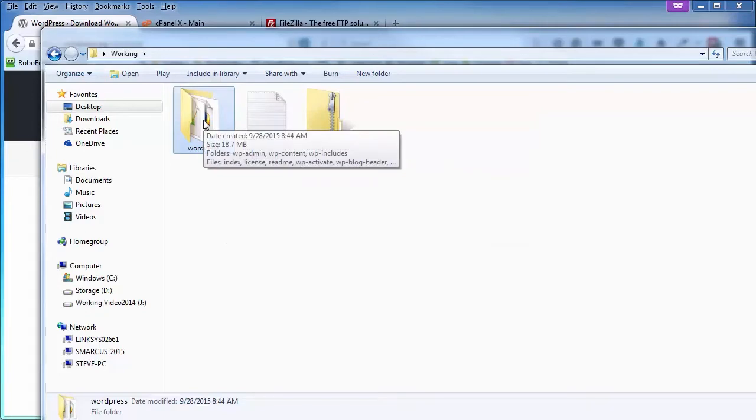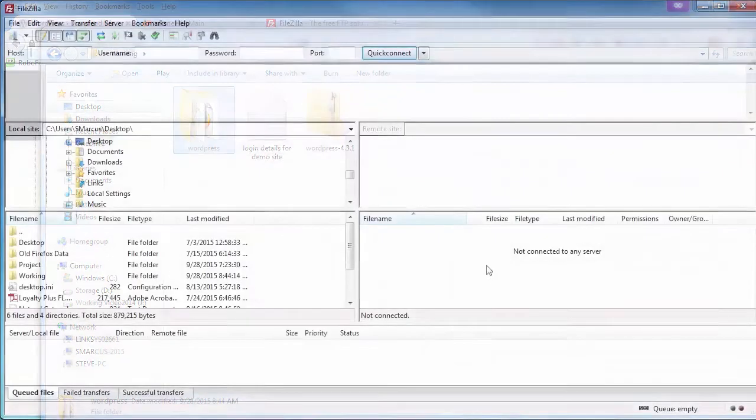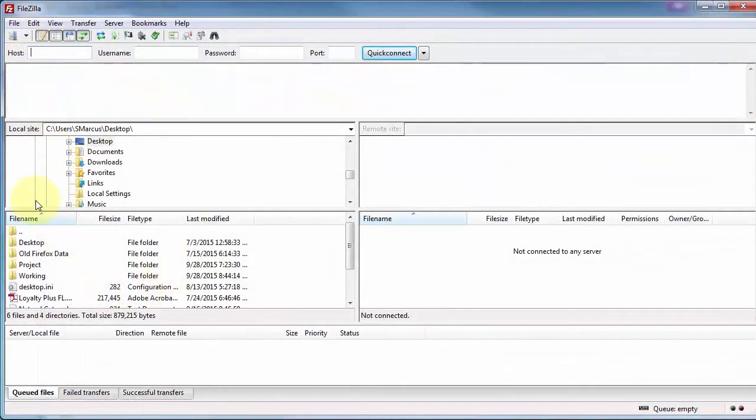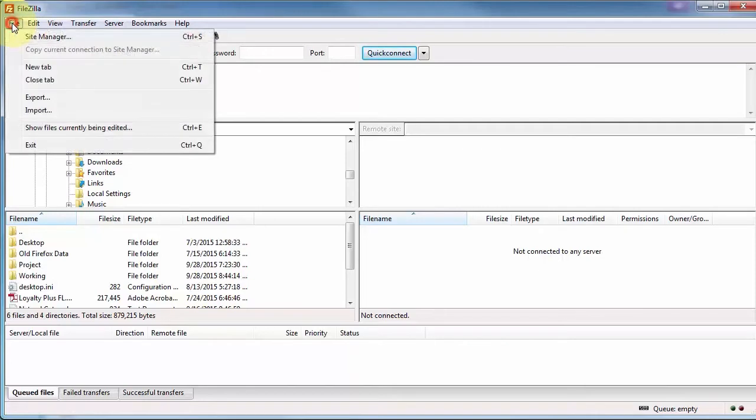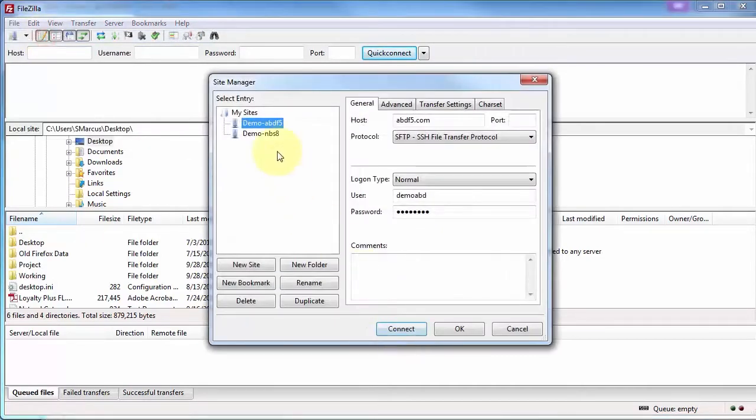Now then, let's go ahead and open up our FTP client. And again, I'm using FileZilla. Over here on the left is my computer. Over here on the right is the server that we're going to be connecting to right now by way of SFTP. And there's a couple of ways you can do this. I'm going to use the site manager. And I've already got mine set up. And I went to new site, entered this name, and then entered the information over here on the right, like the host name, the port, change the default FTP to SFTP, change the default anonymous to normal, and entered the